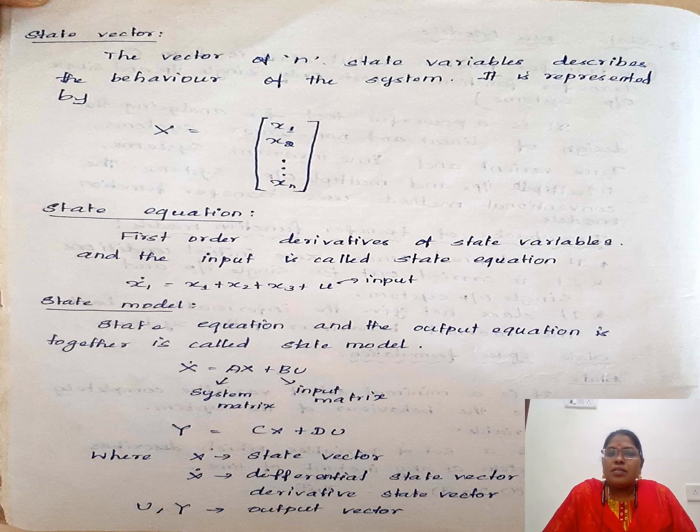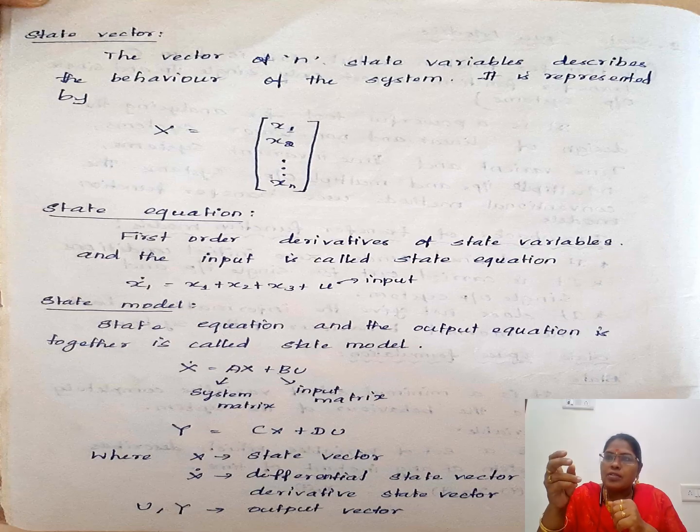The next one is the state vector. The state vector is nothing but the vector of n state variables that describe the behavior of the system, that is, how the system behaves. In that we take n state variables, and each variable gives the behavior of the system. Suppose we have 5 state variables, then we can represent it as